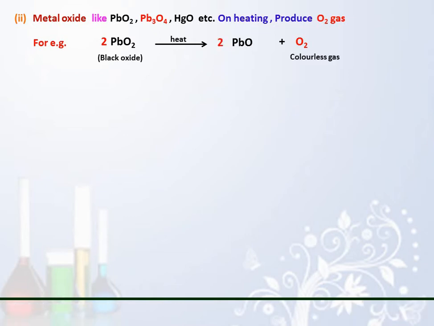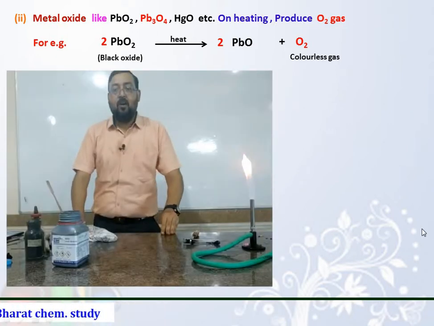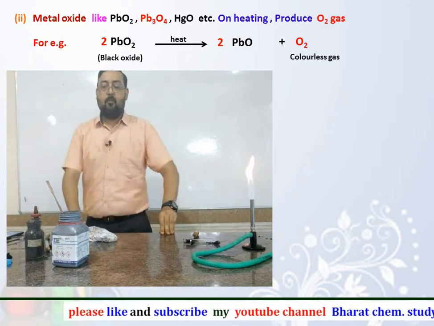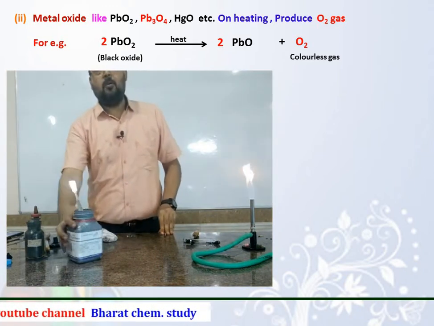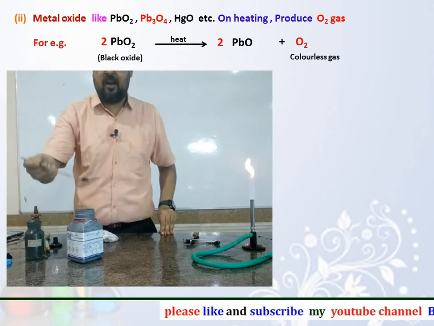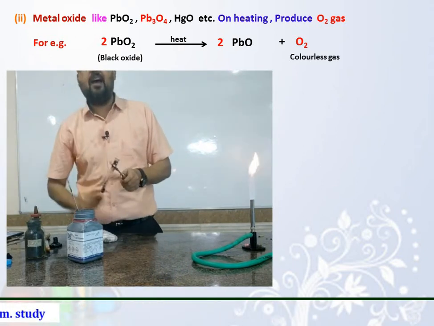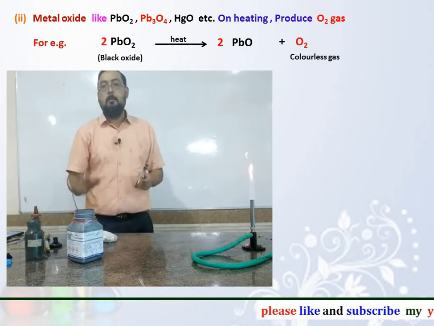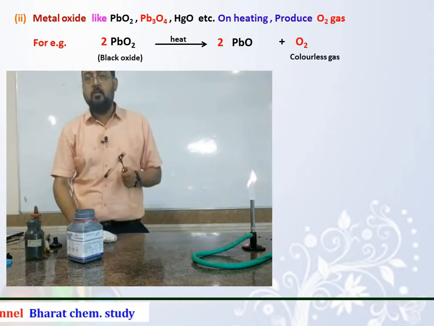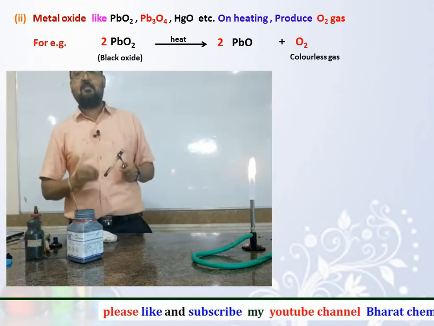So let's see the effect of heat on the lead oxide for the formation of oxygen. Now we are going to study the formation of oxygen gas. It can be formed by heating PbO2, which is a black color oxide. It looks like this. Now we are going to heat this black oxide, and as a result oxygen gas is formed. But oxygen gas is colorless and odorless, and we are taking a solid, so no effervescence is formed here, and we are not able to identify that this gas is oxygen.